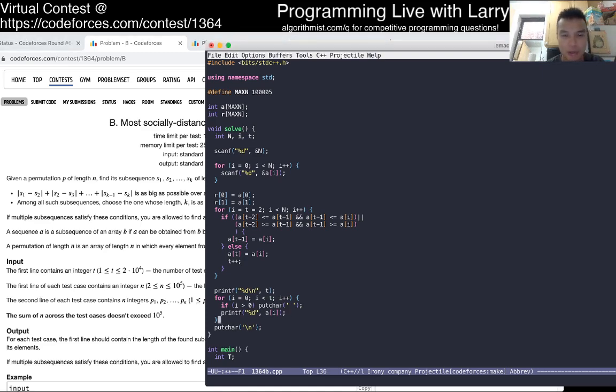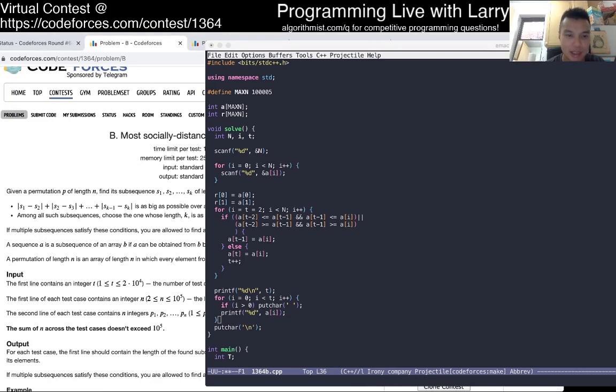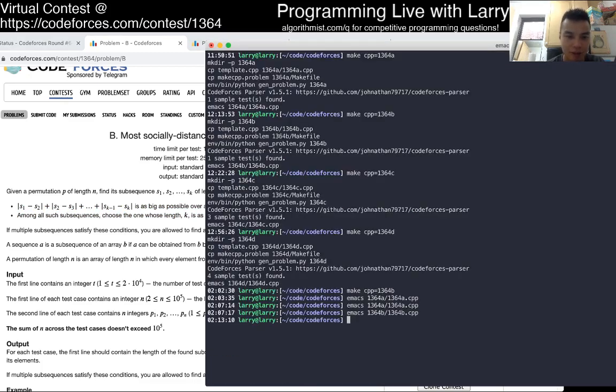Yeah, so those are the two observations you have to make. The one is that the input is always going to be the one that maximized this already, and two is that to find the smallest one, you have to just remove elements that are in between adjacent elements. Okay, let's do C.